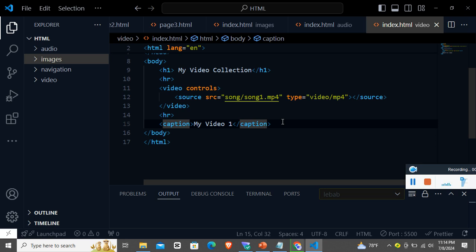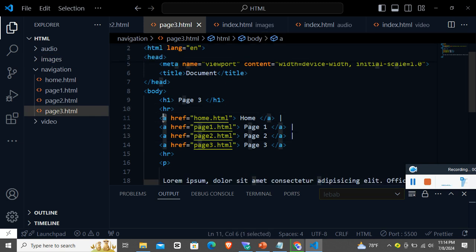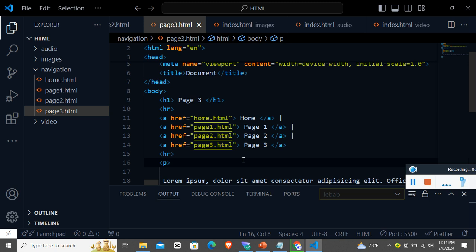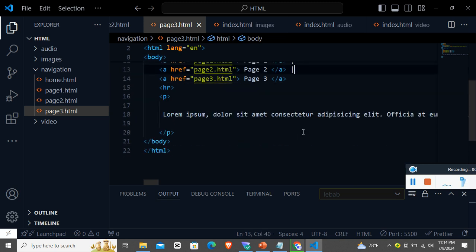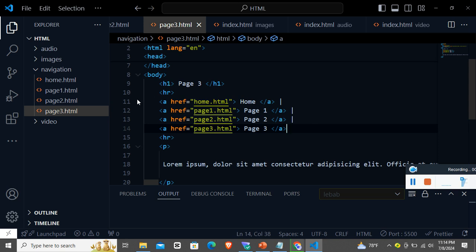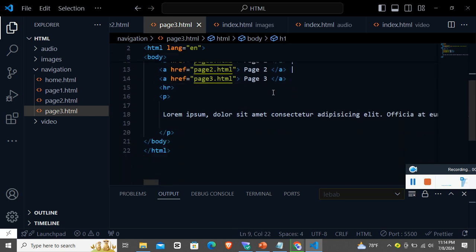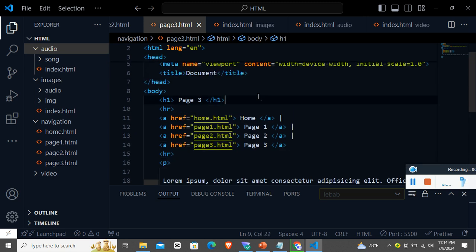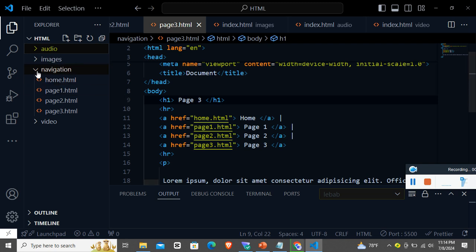By this far we have just learned the basic things about how to navigate, how to use the anchor tag, linking the pages, and then making small applications, and then we just display the text messages and the images, audios, and the videos. That's the basic things we have learned so far. We are going to learn next the table. Okay, let's